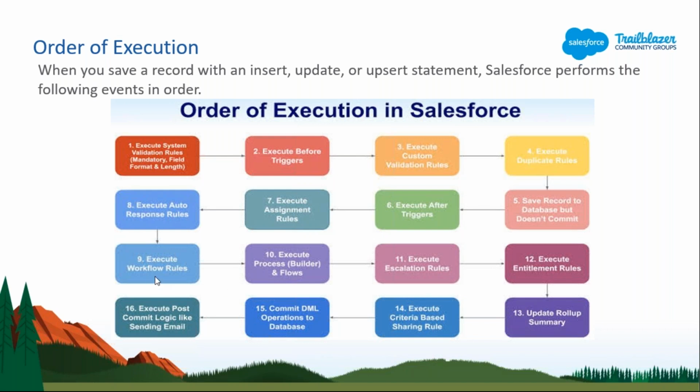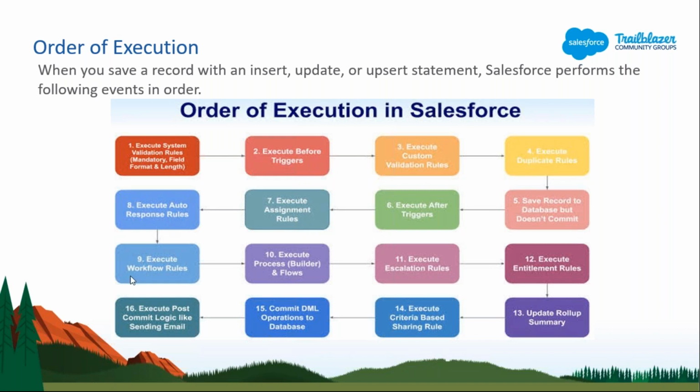But the last one, which is update a field, if you update a field in the same object. Let's say I am updating a phone number in the account object, and this workflow rule is also updating an email field which is also available inside this account. It will not be updating another object's field. It is updating the same account field only. Then from here it will not go to the 10th step of the execution order. It will again go to the validation rule, then again follow this path.